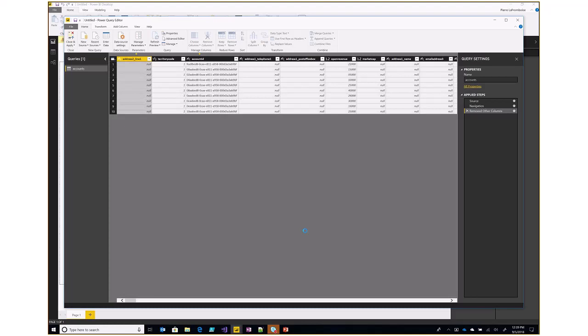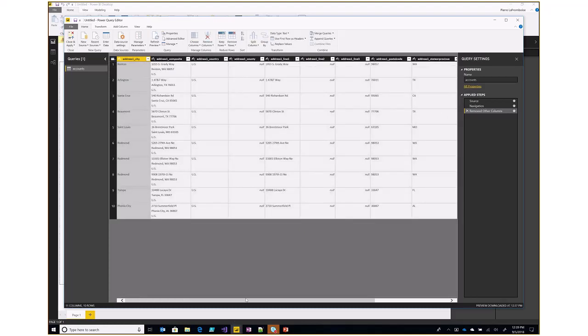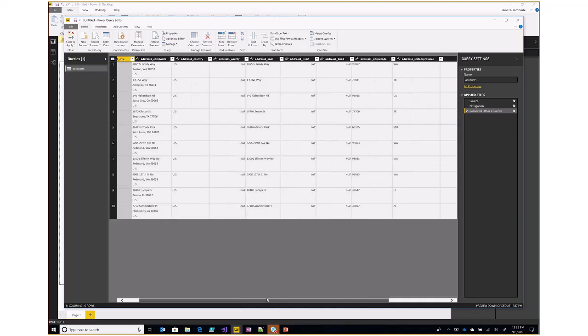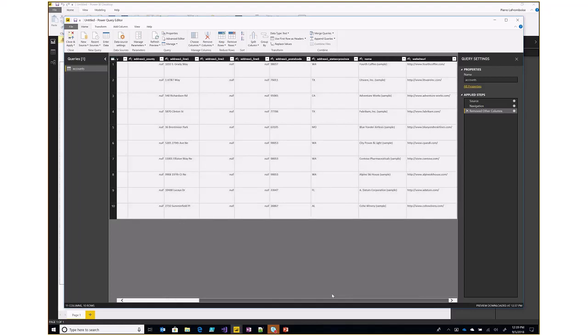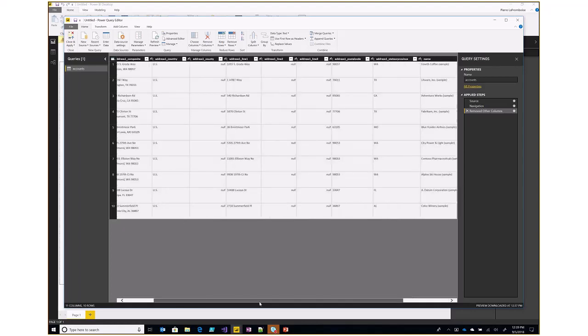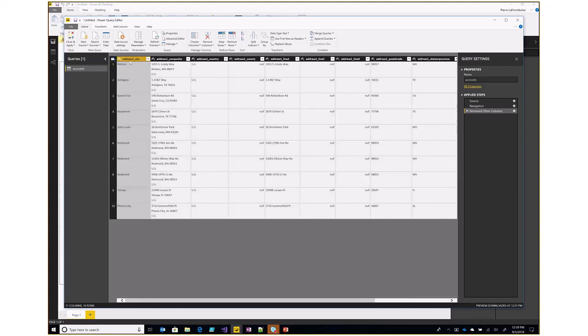So now it's filtering that data down to just a handful of columns. And so instead of having 50 columns here for attributes, I just now have a small handful that allows me to do this. I do have some additional capabilities here. Let's say I wanted to give these a little more friendly names instead of having these underscores and so forth. I can come in here and I can rename them, and I can clean this up in a manner that would be more friendly for my end users. But for this demonstration, I'm just going to grab this data quickly. So I'm going to say close and